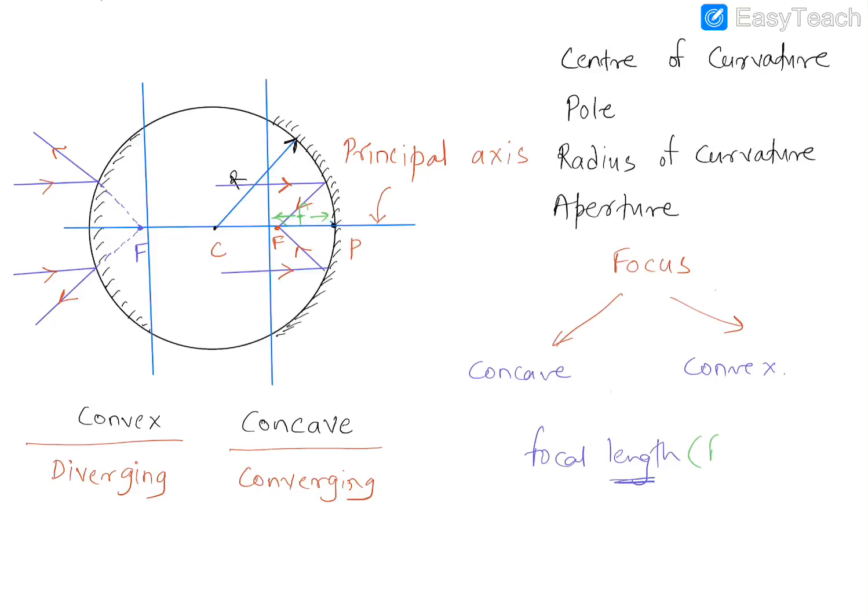Also, the symbol for focal length is f. The symbol for focus is capital F. Radius of curvature is capital R. Here capital P and here capital C. We have no symbol for aperture or for principal axis. One more interesting thing now. Remember that the focal length is always half of the radius of curvature. We do not have any derivation or anything in the portion. You do not even have the numericals which are based on this spherical mirror. Clear? So guys, now after this we are going to do the ray diagrams.